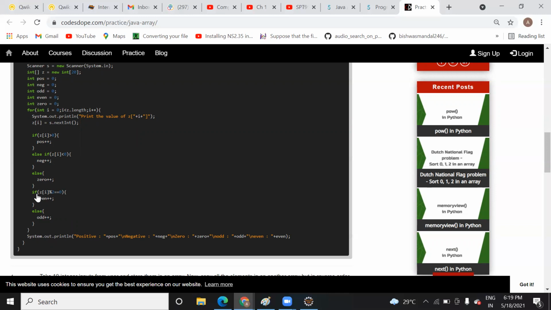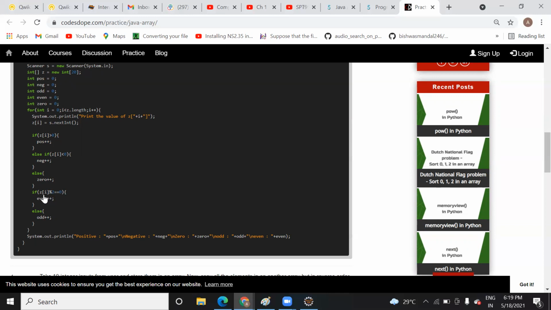Okay. Now the next thing you need to find out is even and odd. You know the mod operator, right? I've already explained it in a few classes before. What is the mod operator? Can you tell me, Snigdha? Akshara: It basically finds the remainder. Good, very good. So here, you are dividing the array value present in the index by 2. We use this percent sign. This percent sign is the mod operator.